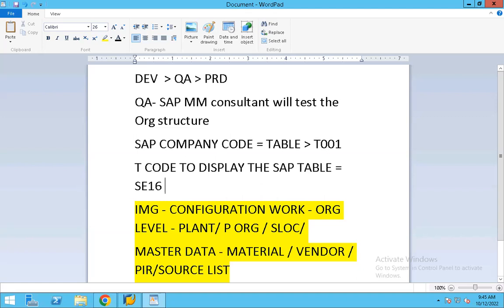Okay, so I would suggest that please connect with your point of contact today only, so that you can get the access and you can start practicing the company code configuration without any delay, right? So that your practice and my session delivery go hand in hand in parallel. Okay, so that will be good to do in parallel.